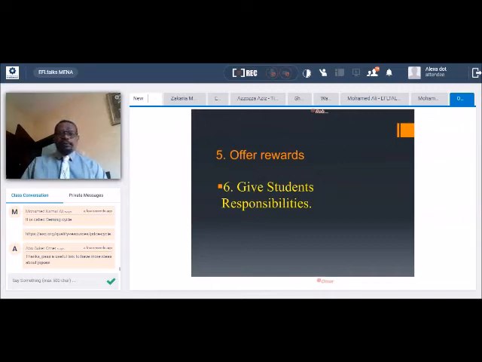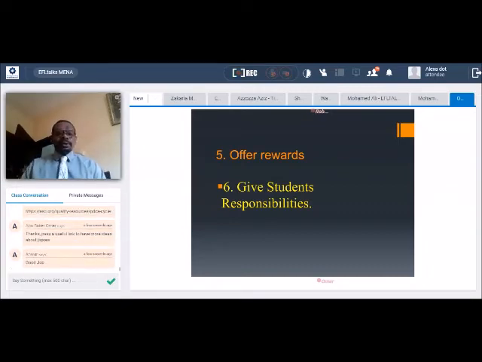Another point: offer rewards. I don't think there is anyone who doesn't like rewards. Even me. If you reward me, I'm going to be your best one. So offering rewards to the students is an excellent source of motivation.